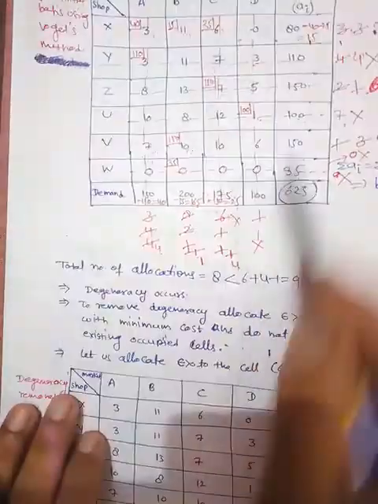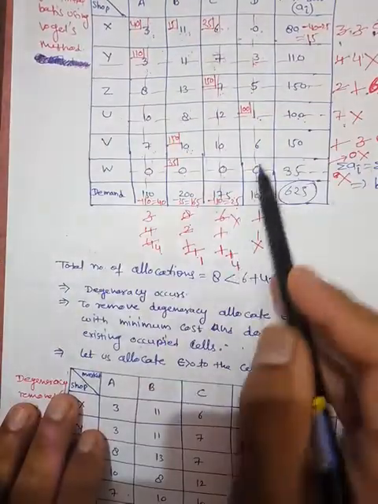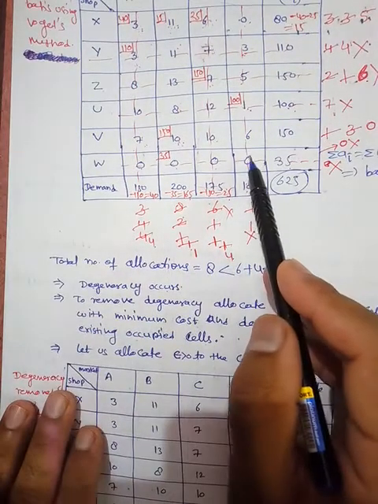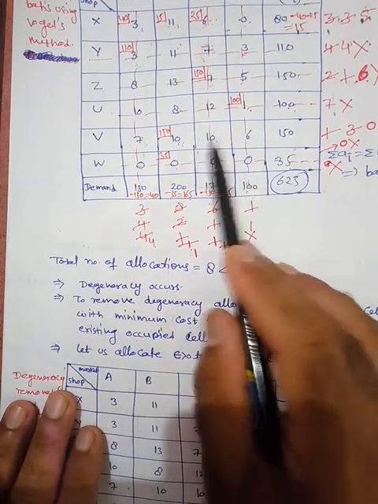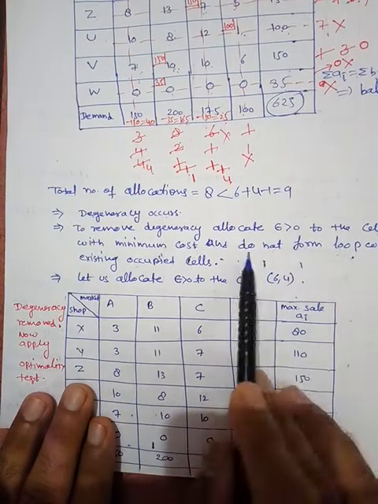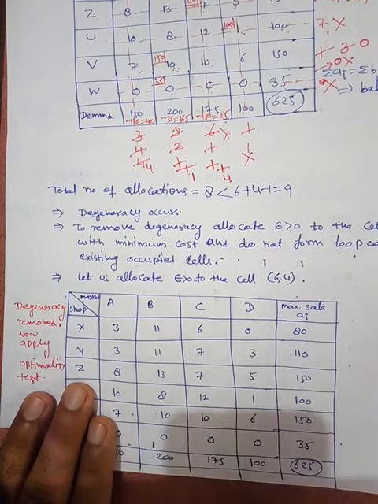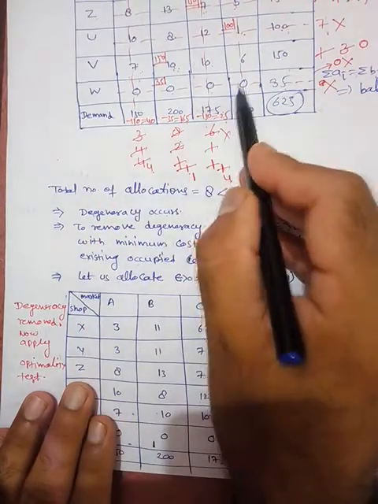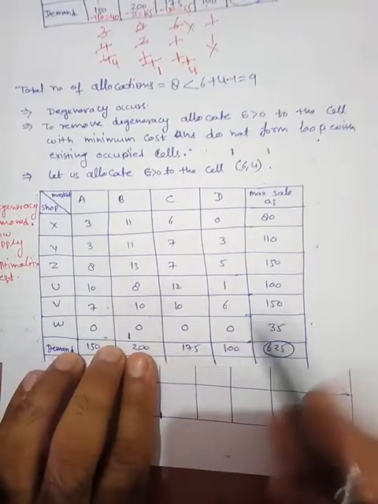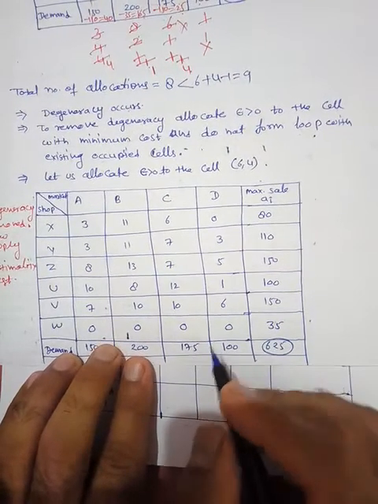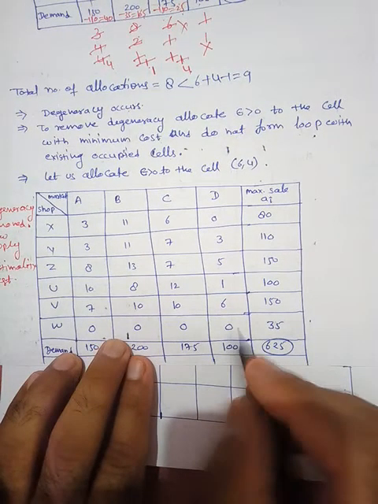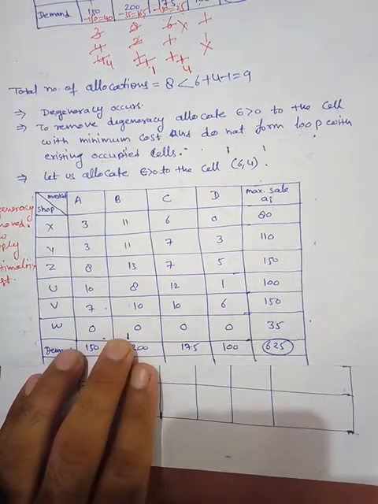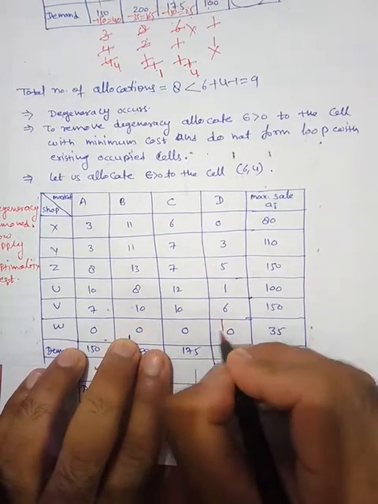So just see here, we have the minimum cost. Minimum cost is 0, 0, 0. So assign some epsilon amount here so that the cell does not form a loop with the existing cells. Fine, so we have to select that cell. Suppose the cell is 6, 4, that means this row and the fourth column. So assign this epsilon here, because we have seen that this will not affect the existing loops and is independent in position.